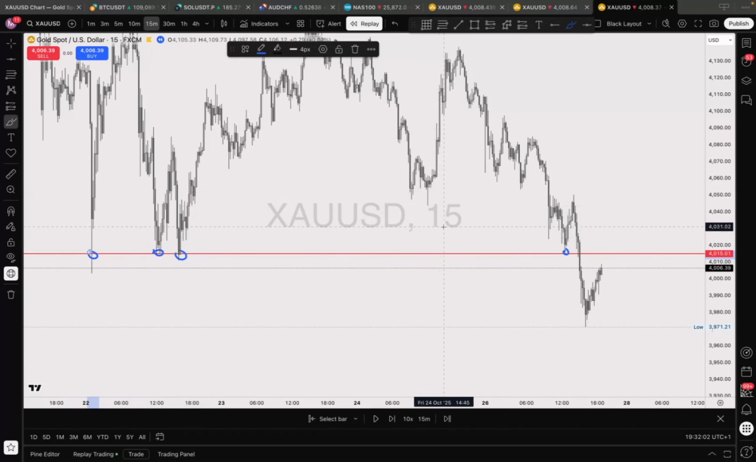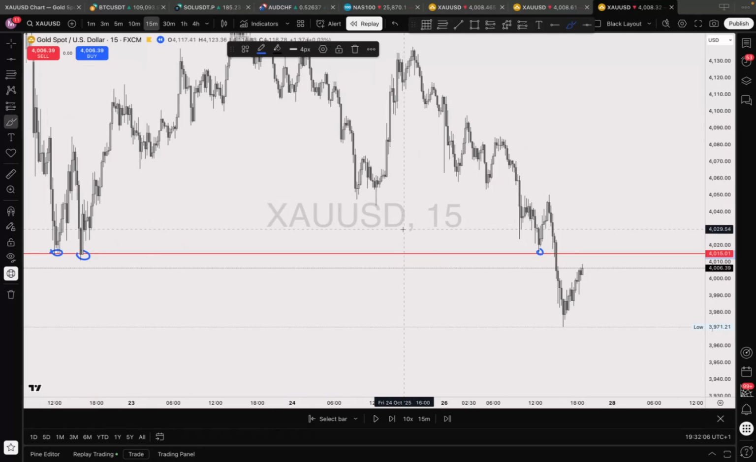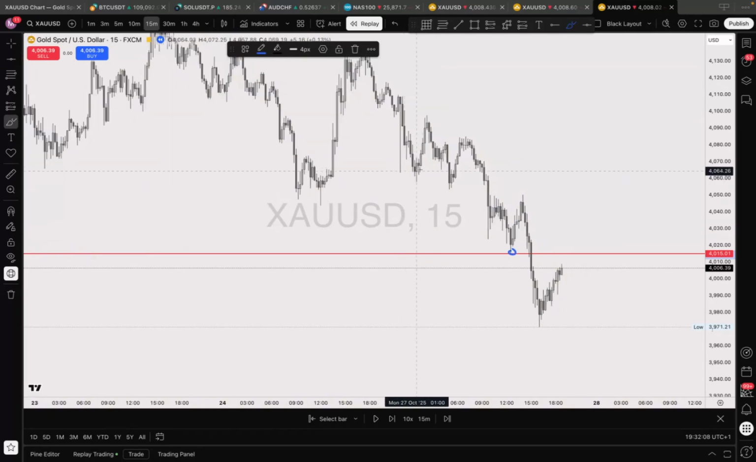So you can see it. There are four touches over here. Now, if you look at this one too, it's the same thing. After the break of this market structure: drop, base, drop. If you draw this line here,